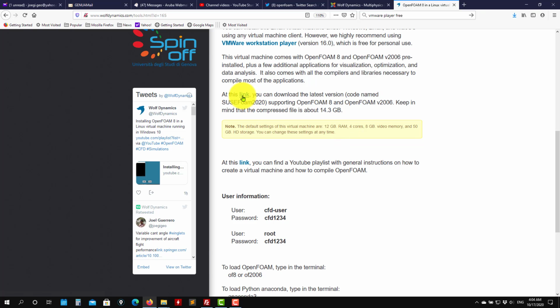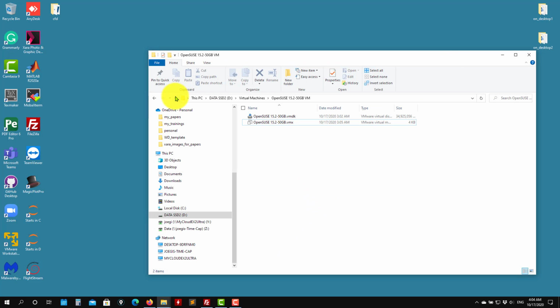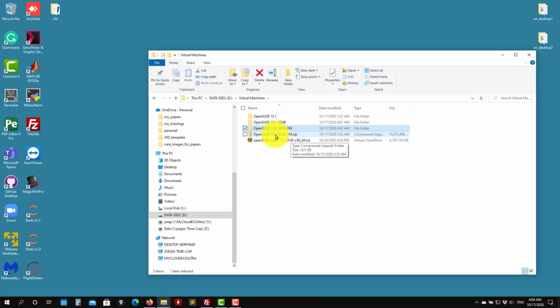If you download this virtual machine, there's a zip file. Let me show you, you should have something like this. You have this file, it's a large one, and then you extract everything and you will have the folder. To launch this, remember, it's relatively easy. You go here,